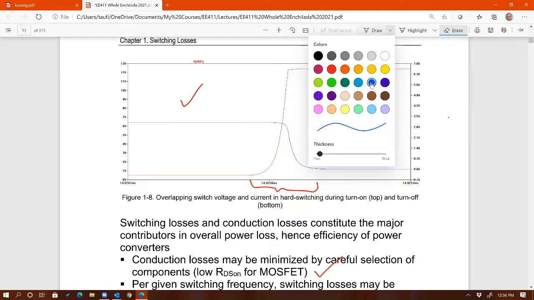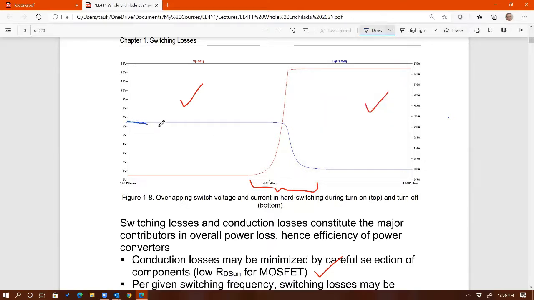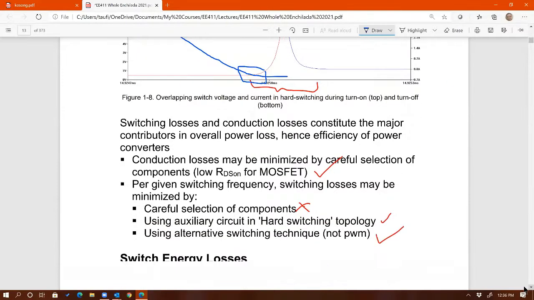That's why I was saying earlier, if I could somehow reshape this voltage waveform so it inherently goes to 0 before I turn on the MOSFET, so I can wait until the voltage across the MOSFET goes to 0, then turn on the MOSFET, then theoretically you don't have any overlapping, or very minimal overlapping. Again, that's the concept behind soft switching. So we're going to talk about this wonderful technique. I can't recall which chapter, maybe chapter 4. That's why it's a very exciting technique. I really like that